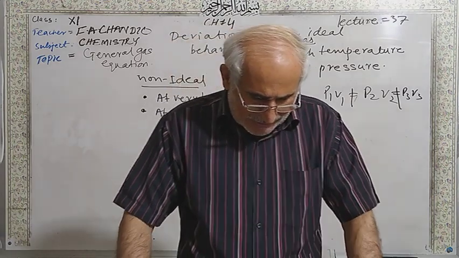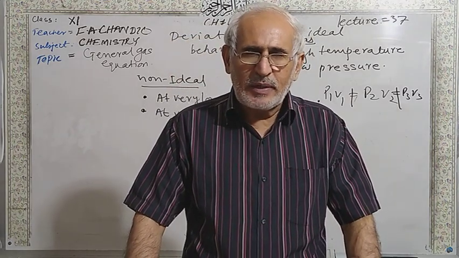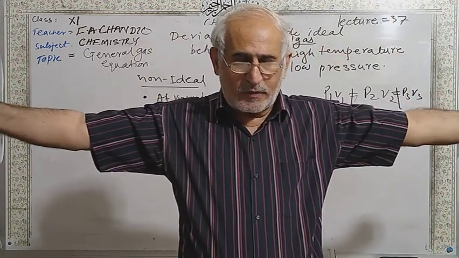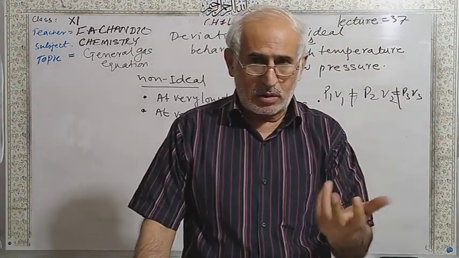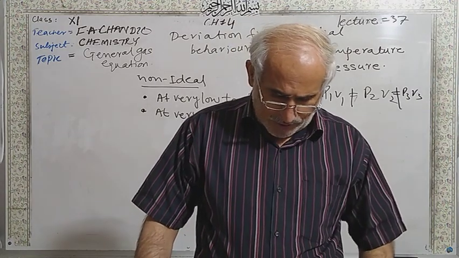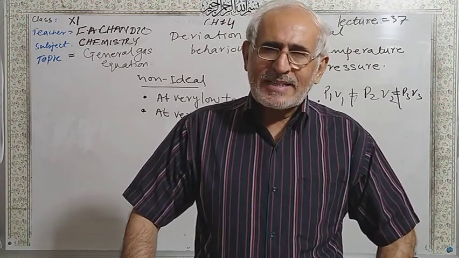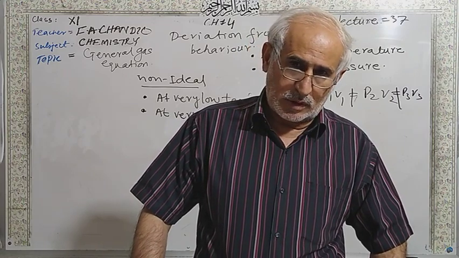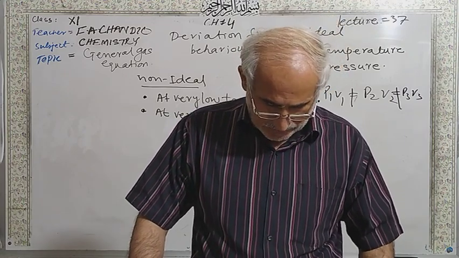That's why the ideal gas deviates from its original behavior. Ideal gas means the gas molecules should be apart from each other, all molecules should be away from each other. But they are coming close, so there is deviation, not obeying. So gas does not obey gas laws at low temperature. There is a deviation of gas.